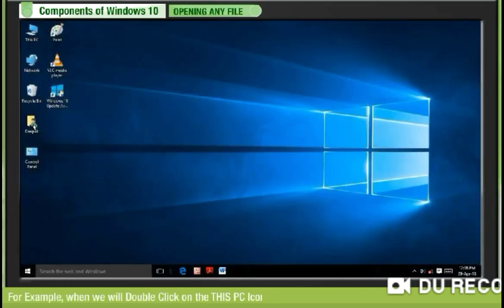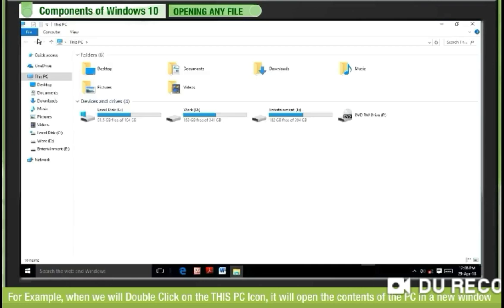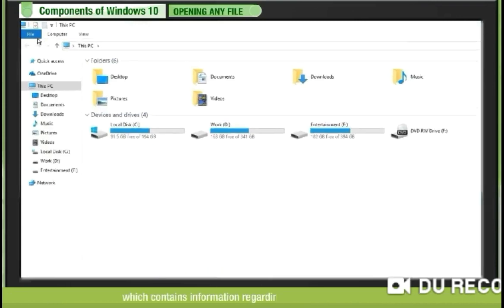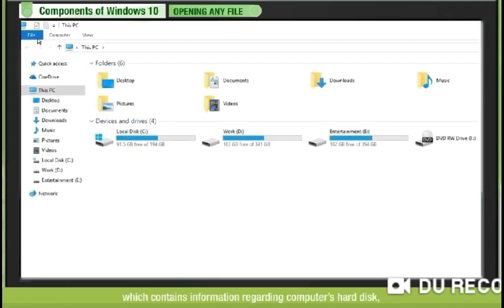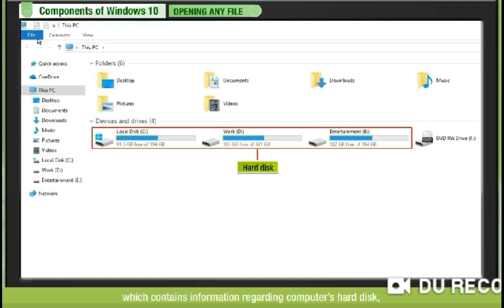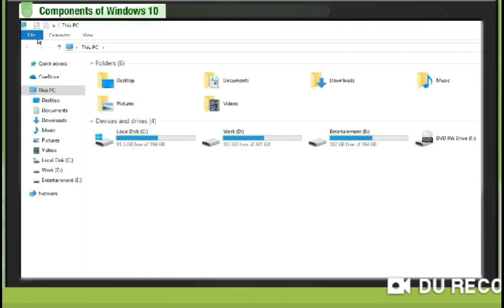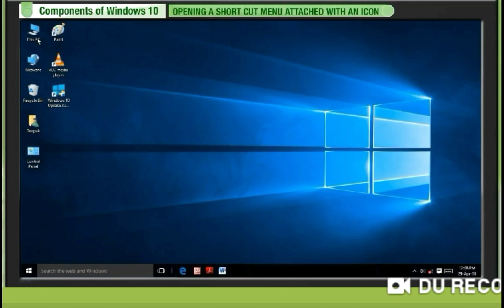So, for example, when we double click on the This PC icon, it will open the contents of the PC in a new window. This PC icon is opened by double clicking, and it contains information regarding the computer's hard disk. So you must remember the This PC folder contains information about your computer, CD drive and other storage devices attached to the computer system.